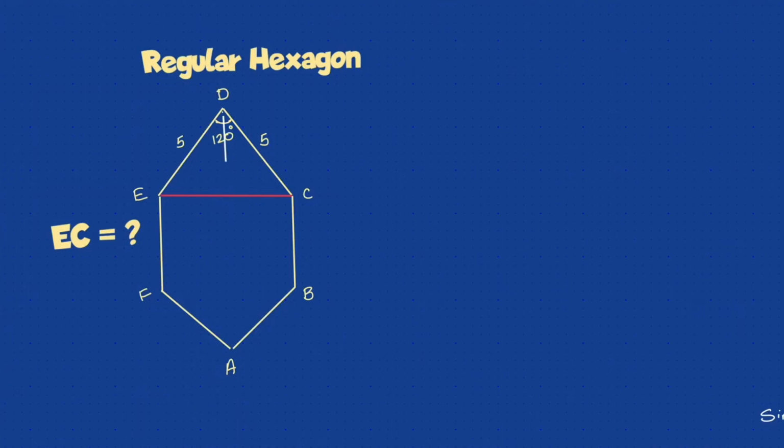How will I start this? I'll start by drawing a perpendicular. I'll draw this perpendicular in white. Since it's a perpendicular, the angle will be 90. I know these two sides are equal. So in triangle EDC, what will happen? I know D is 120. Angle E plus angle C has to be 60, since the sum of the angles of a triangle is 180. But angle E is equal to angle C. Why? It's an isosceles triangle with sides 5, 5. So E and C will each be 30. So I make them 30.